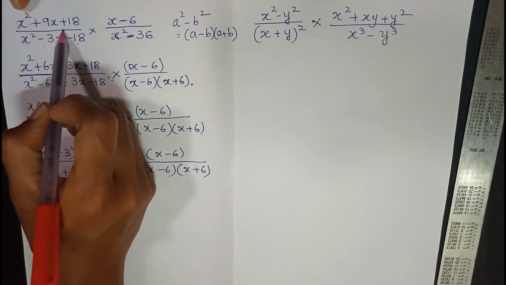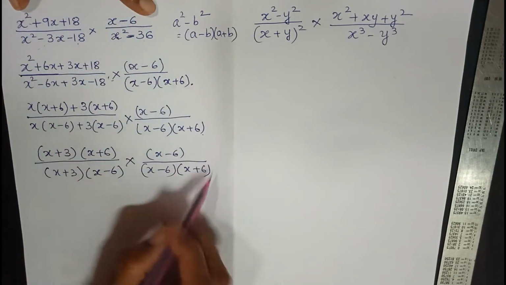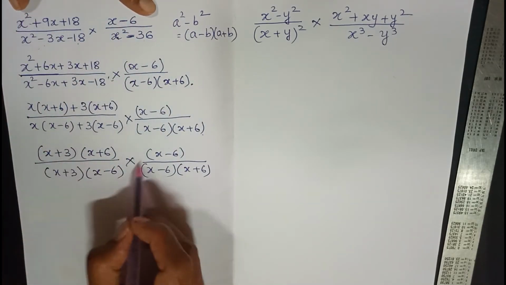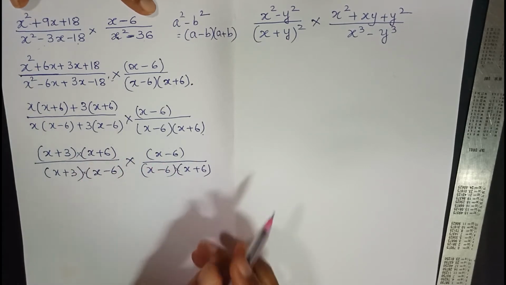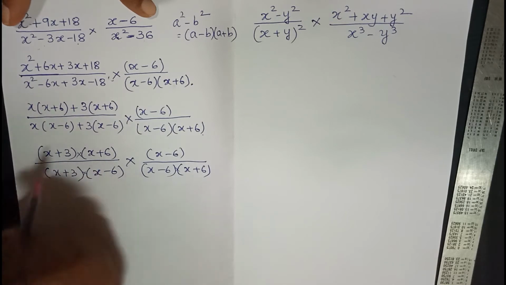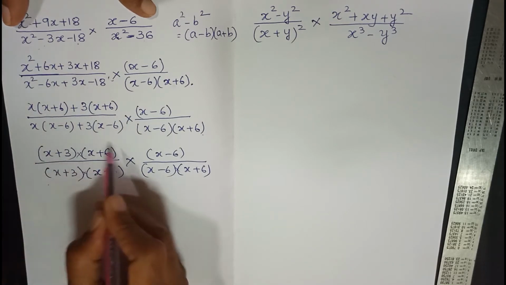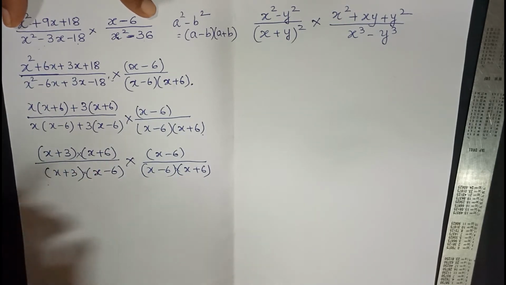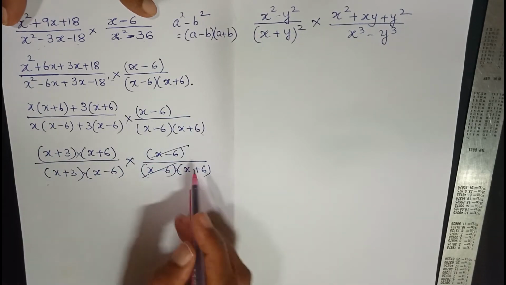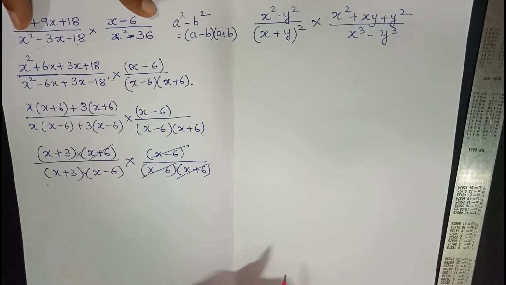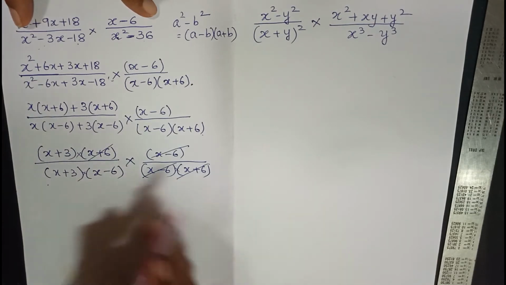You can see it is x square plus 9x. But here also you can see we have got brackets and these brackets indicate multiplication. Now where multiplication is there, you can cancel. But now here also you will not be able to cancel only x or 6. You have to cancel the entire bracket. For example, x minus 6, x minus 6, x plus 6, x plus 6. The entire bracket you have to cancel.